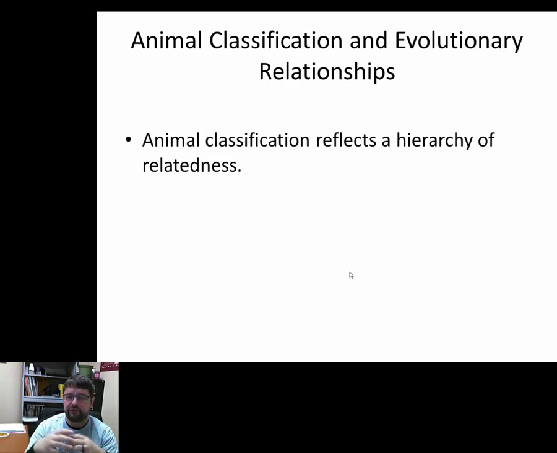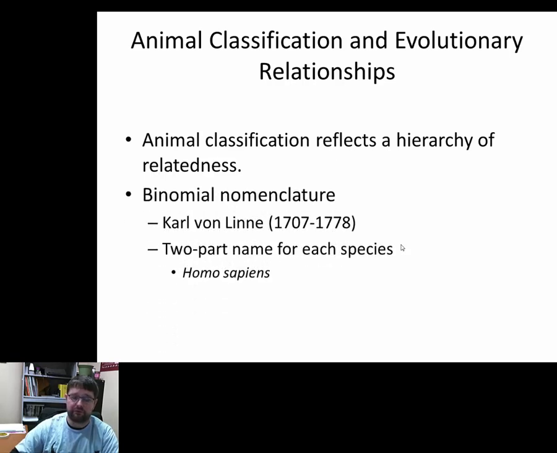So classifying them based on whether or not they can produce viable offspring through sexual reproduction is not a very good system. So probably from the mid-90s on, we started to look at a different way to classify organisms, and that's by what we call the phylogenetic species concept. In other words, classification based on relatedness. That relatedness could be determined by examining morphology, the physical features, but it also could be by examining the genetics of a group. Based on that, you then can come up with some kind of nomenclature or naming system.